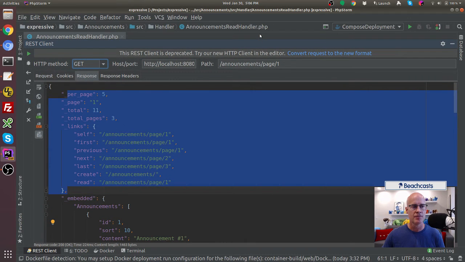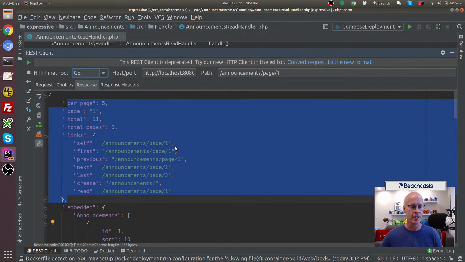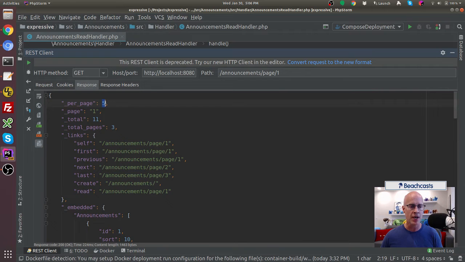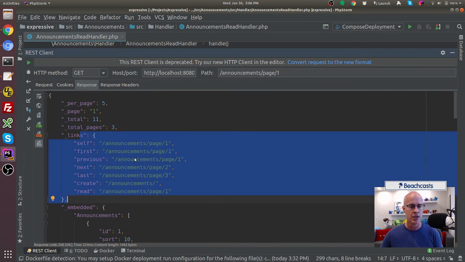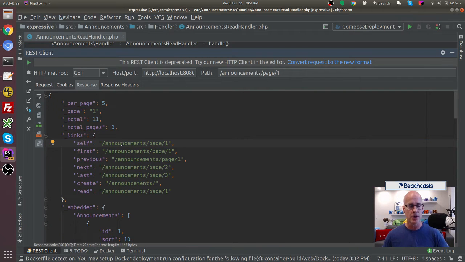Let's see. Yeah, that's as high as I can take it. So that's for all the records, the entire record set. We can see we've got our per page. We're expecting 5 records per page. This is page number 1. The total records is 11, and the total pages that we could view is 3. And then there are additional links to duplicate this result, for seeing the first, previous, next, last, create a new record, so create a new announcement, and